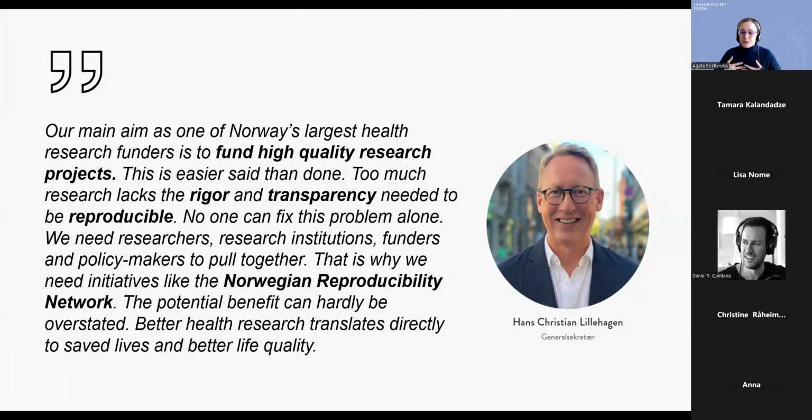And so this is where we step in and try to make that a little bit easier for researchers to increase that level of transparency and reproducibility for their projects with the foundation, or even if you're not funded by